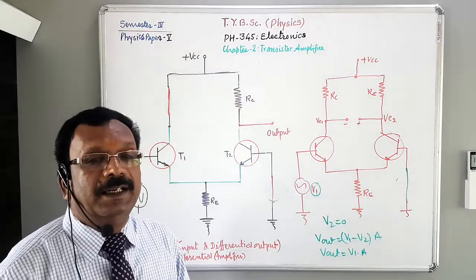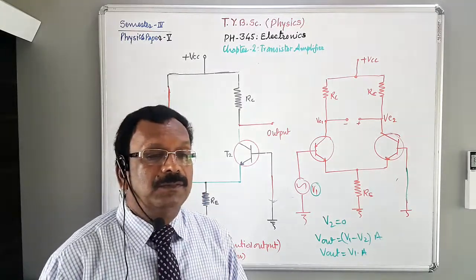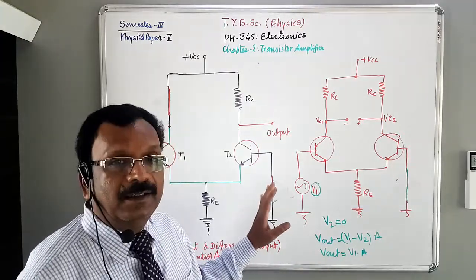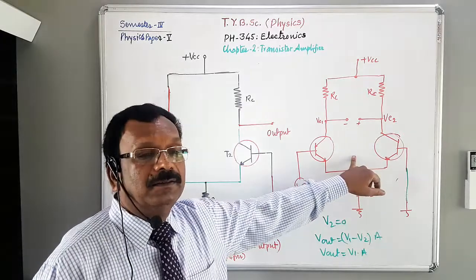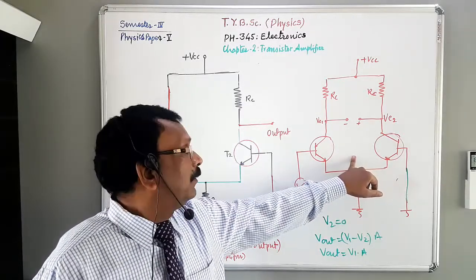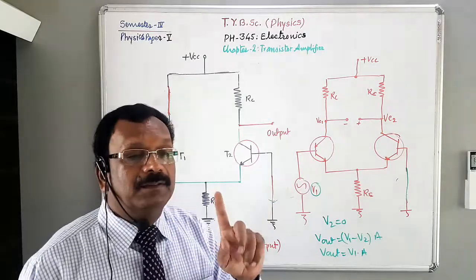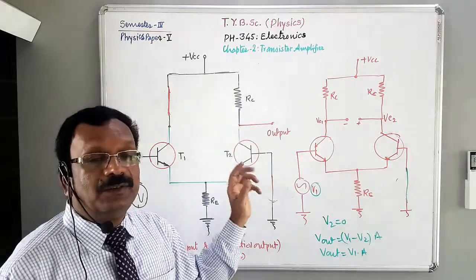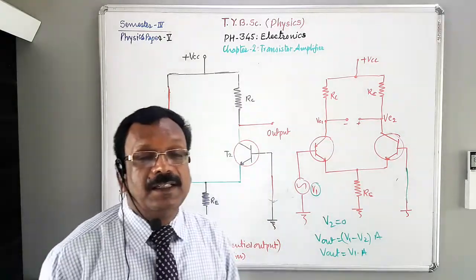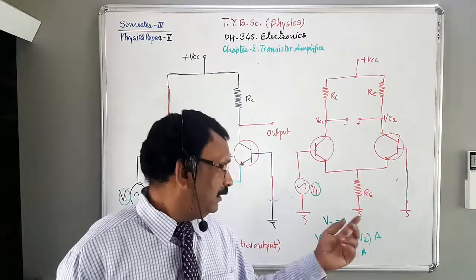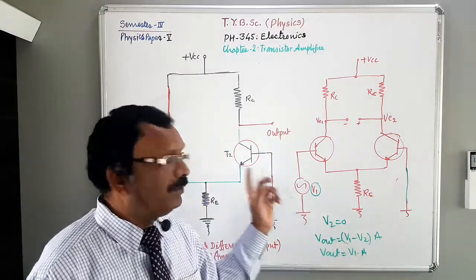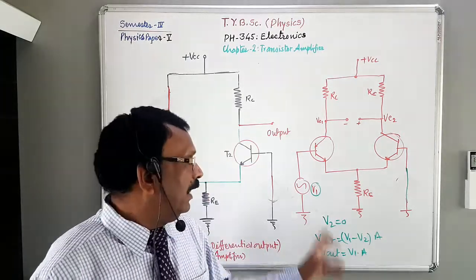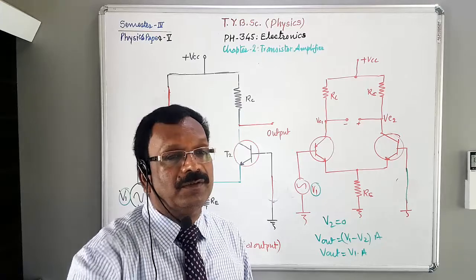This is about single ended. Now here also this is the single ended. Now this is double ended. Here and here also, remember that. Here also and here also the output is still valid. Vout is equal to A V1, because in both the cases only one input, that is V1, is active and another is connected to ground.